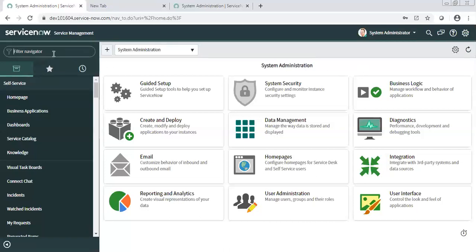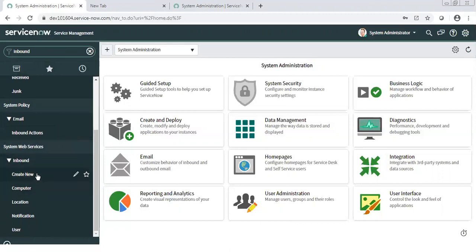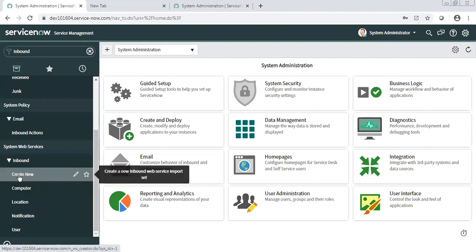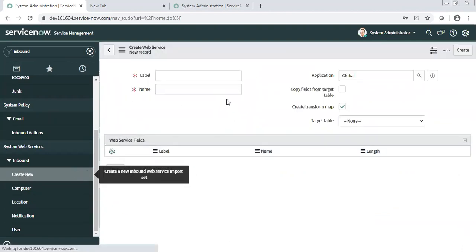So what we can do in this, you can see my screen, right? Okay. Here, to do that, we type inbound. If you type inbound, under inbound web services you will find create new. If you remember, previously in direct web services we didn't do all these things. We just went to the REST API Explorer, because those were published by default by ServiceNow, but they have certain limitations.